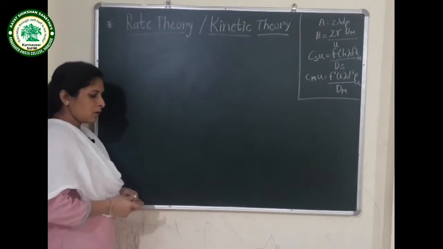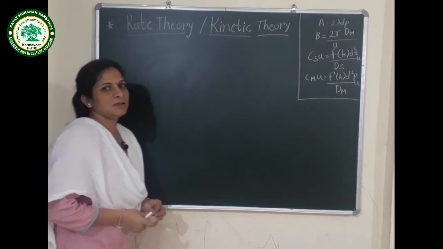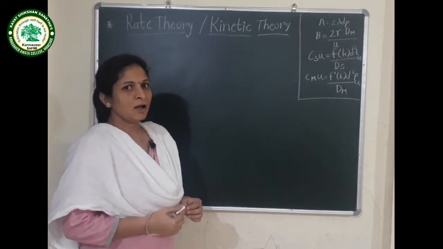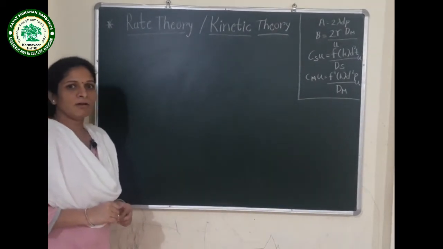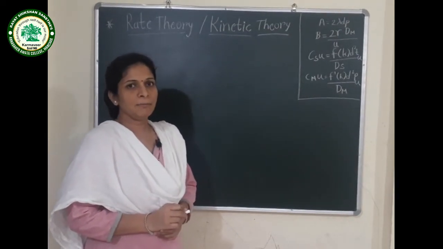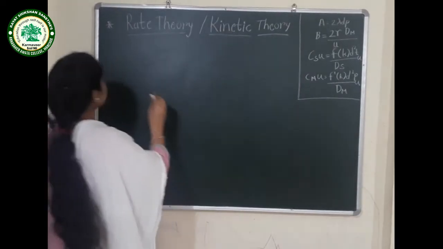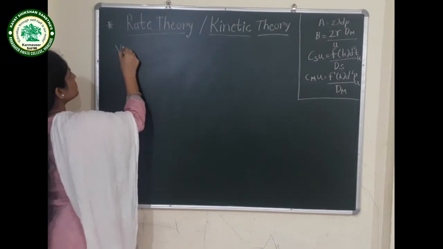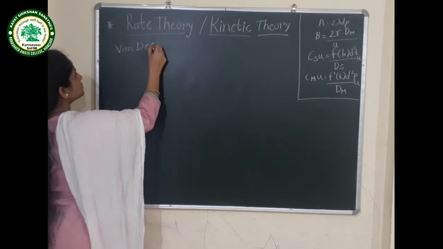This theory explains the peak broadening. Due to the peak broadening, the column efficiency will decrease. What happens due to peak broadening? Column efficiency will decrease. Now this efficiency of the column is given by one equation, which is called the Van Deemter equation, which gives the efficiency of the peak. The name of the equation is Van Deemter equation.